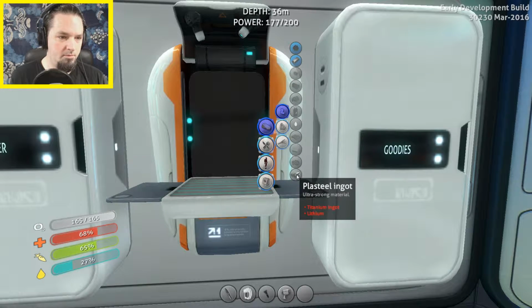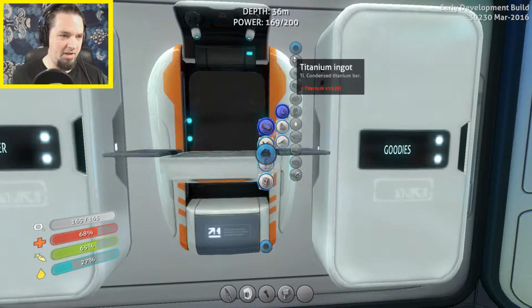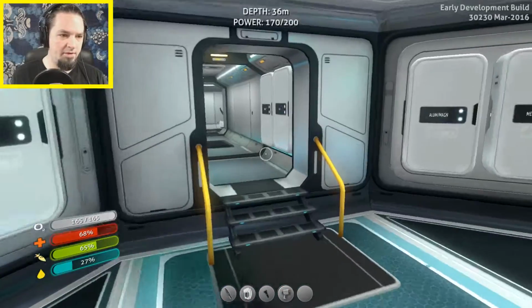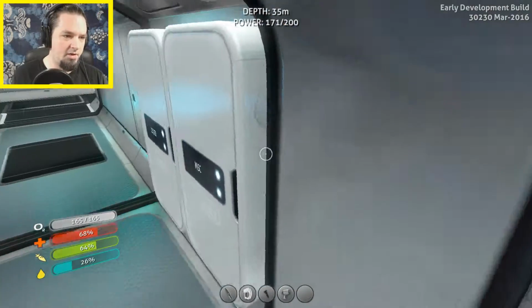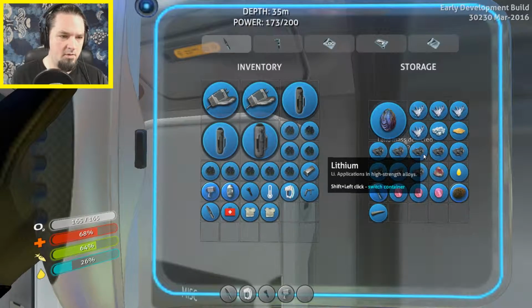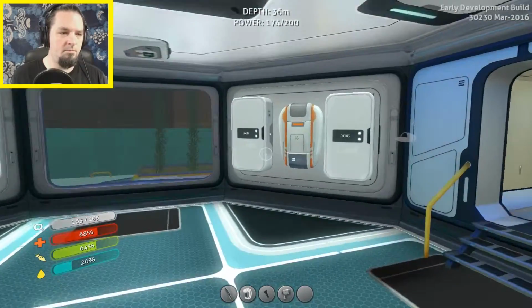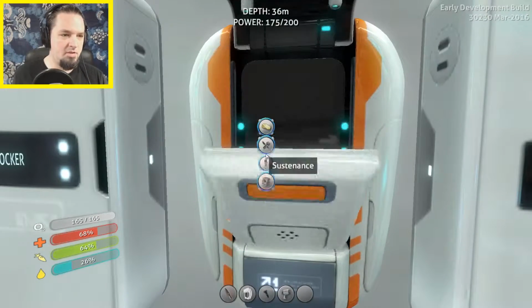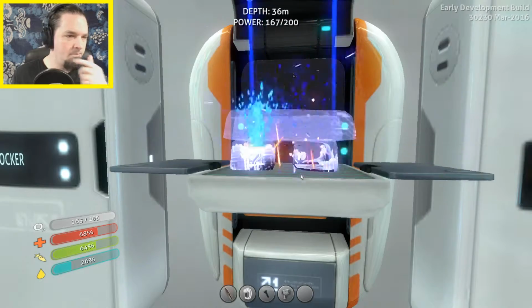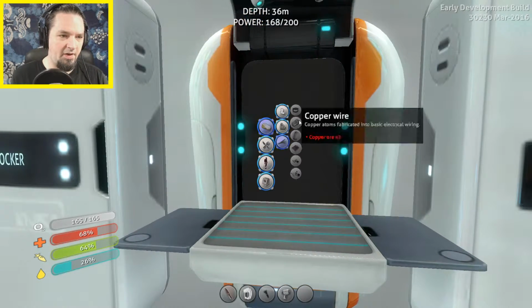So, plasteel ingot, we still don't... Nope. There we go. So now we've got a titanium ingot. And lithium was over in here. We just need one. Excuse me. And here we go. Plasteel ingot, here we come. Perfect. Now, to make batteries...